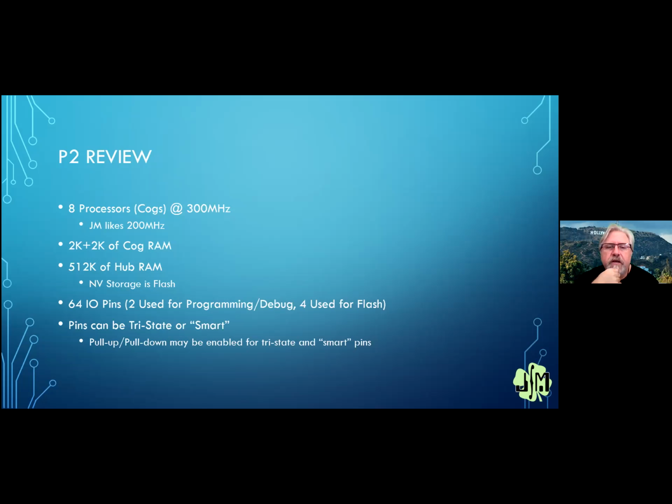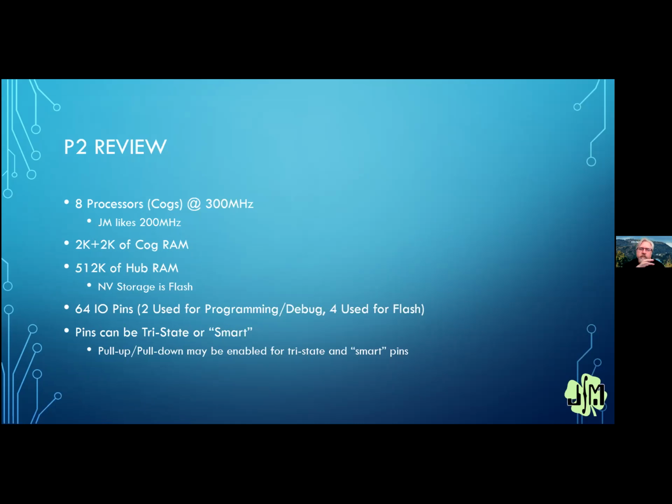The cogs are bigger than the P1. The cogs have an extra 2K of RAM, which gives it all kinds of nice features you can deal with. The hub is gigantic compared to the P1. It has 512K of RAM. And because it's so big, there's no EEPROM that is that big. So going from P1 to P2, the design changed from using an EEPROM to do storage to a flash,